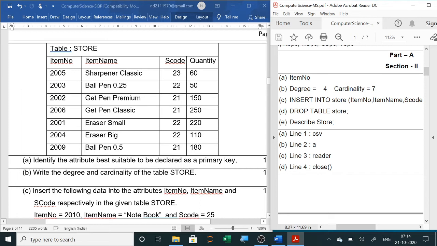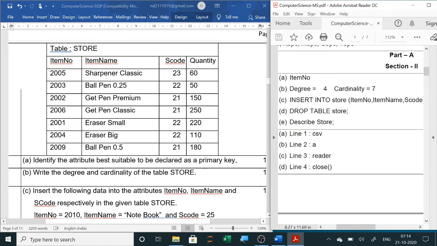Degree is the total number of columns or attributes. This is an important question, as the definitions or the values of degree and cardinality can be asked. Here you can see 4 columns, so the degree is 4. Degree is the total number of attributes in a relation, and cardinality is the total number of tuples or records in a relation.